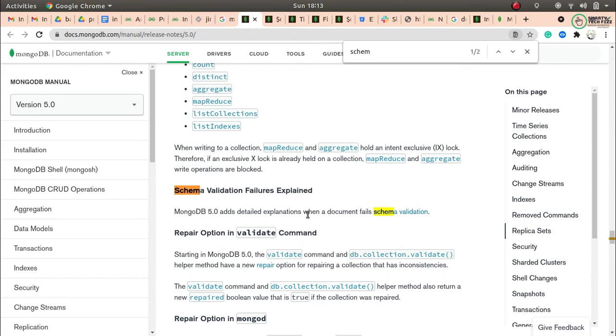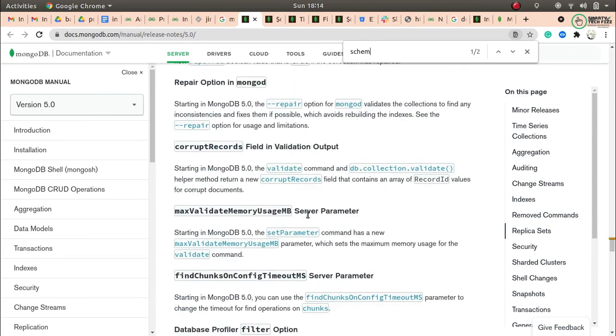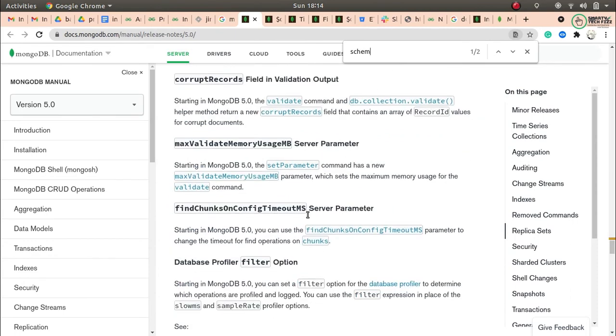It will give you an explanation of why your data failed while inserting into the collection. Correct?